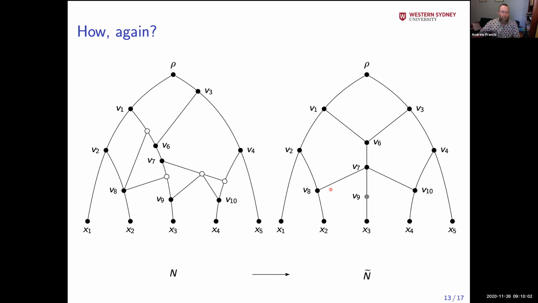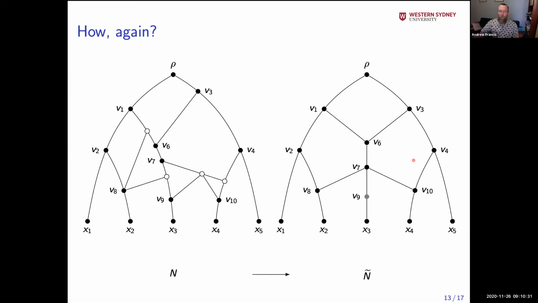So let me perhaps point out one of these edges. This V7, V8 here, there's an edge between them because there's a path from V7 to V8 and there's no other visible vertex on any path between V7 and V8. And you might say, well, there's a path between V1 and V8, so why don't I have an edge between V1 and V8? And the answer is because there's another path that goes through another visible vertex. So we include those edges there instead.